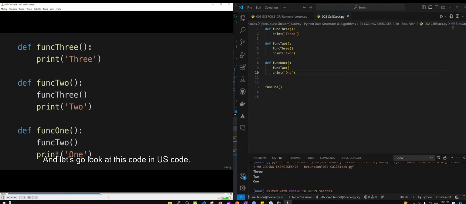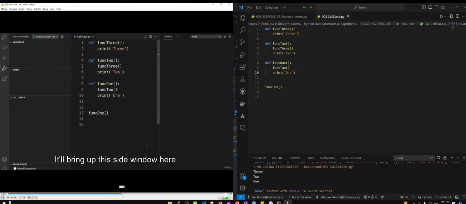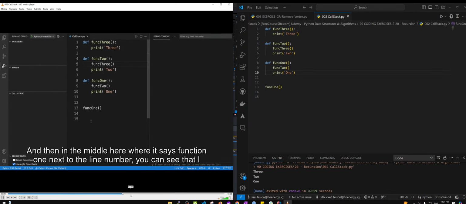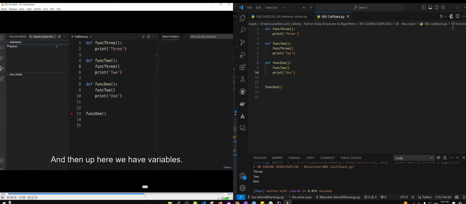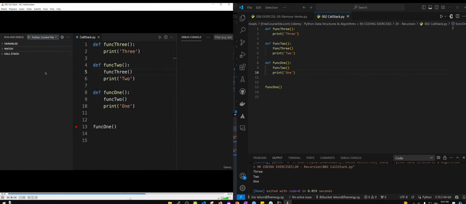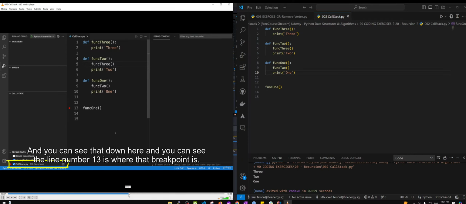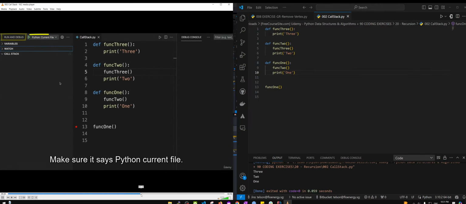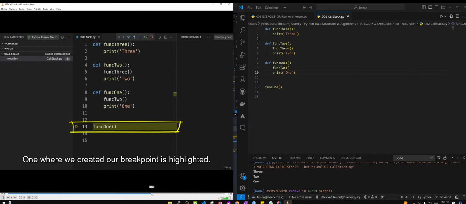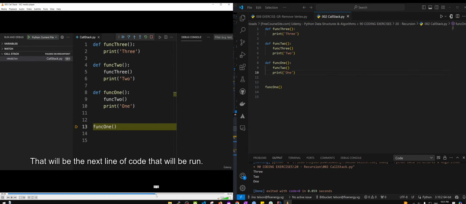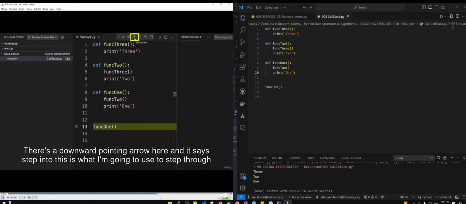And let's go look at this code in VS Code. This middle here where it says function 1 number, and then up here we have variable, current file is chosen. And next to that we have the green play button. I'm going to click, it becomes a bright red dot. That's going to create a breakpoint, and you can see that down here. And so I'm going to make sure it says Python, and just make sure Python current file is highlighted. That will be the next line, a downward pointing arrow here, and it says step into. This is what I'm going to use to step